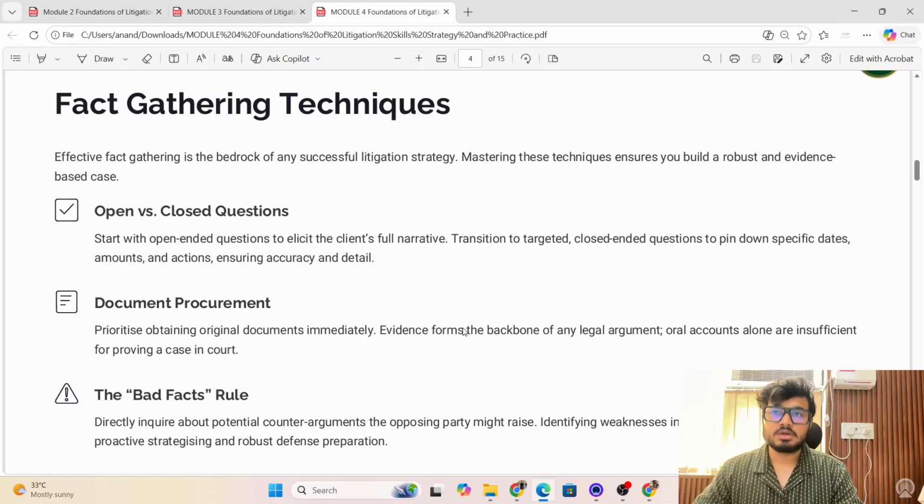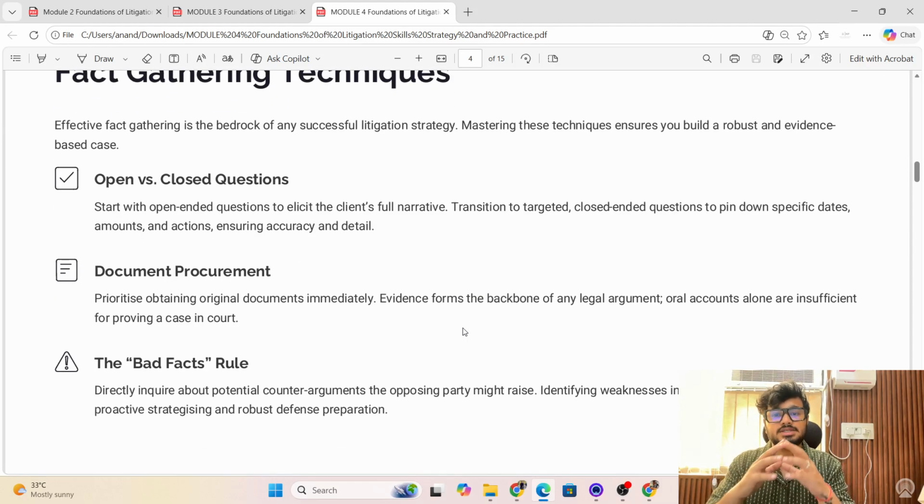It is very important in a good draft that you precisely mention every date, every narrative, every fact that turns out to be your case in a litigation, right? So you have to ask certain questions to your client, like how did you meet, how did things happen, how did things escalate, how did transactions happen, what transactions happened between you, are they documented,